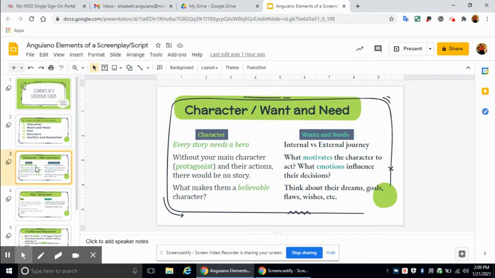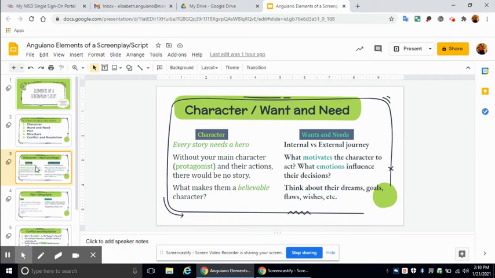All right, so every story needs a hero. Your protagonist or your main character determines what is happening in your story. Without a hero and their actions, there would be no story, right? So the main character will draw your audience in if they can identify with and root for them, right? So if they're relatable, you need to create a likable hero. Your protagonist should start out as far from perfect, but give them qualities that make them relatable, and then your audience will want to keep reading.